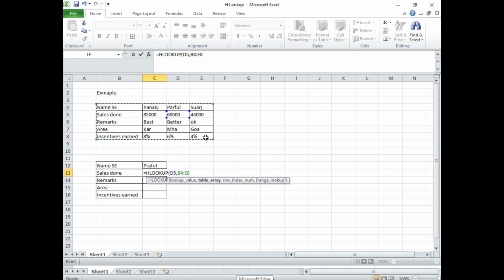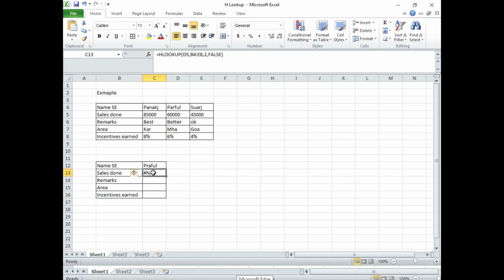Then the row index, in which row it is there, is the second, and then the range is exact, not applicable. The formula seems to be a little wrong here,